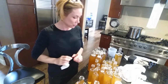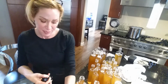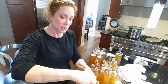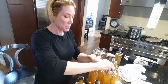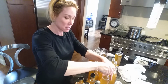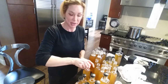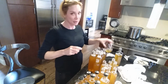So I have a lot of kombucha here. I don't know exactly how many, but I've made a ton. I think in my last batch I brewed about 25 quarts. Some of it is downstairs in my downstairs backup refrigerator, and some of it's resting here on my counter. So I have these little caps, and I'm going to top off the bottles, and I'll finish up here with this portion of it, and then I'll show you the grand finale as to how much I actually got out of this whole thing. But it's fun to make, tastes really good, and